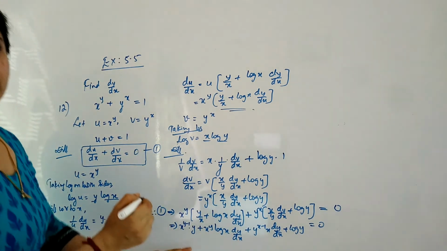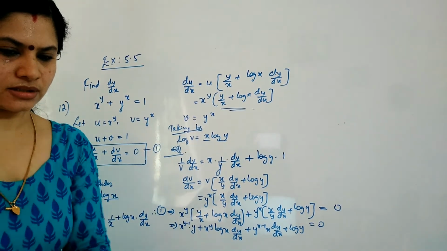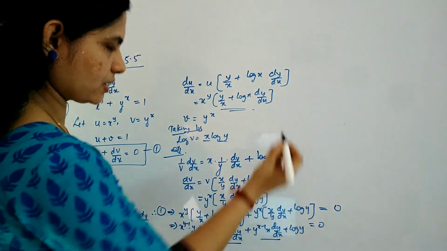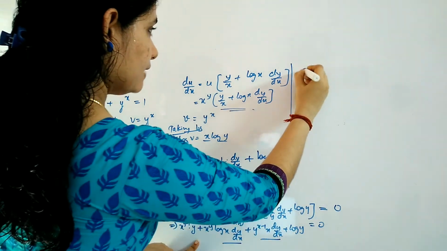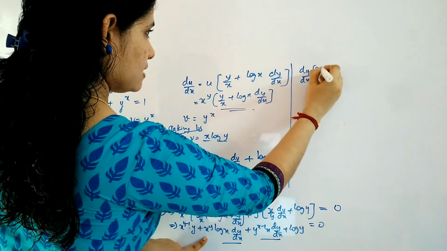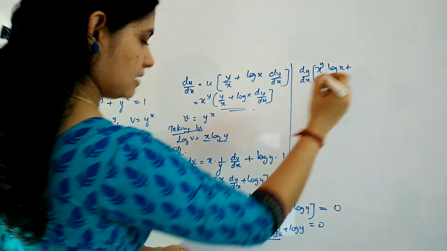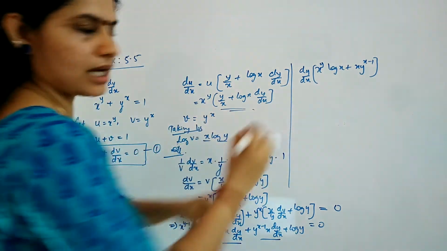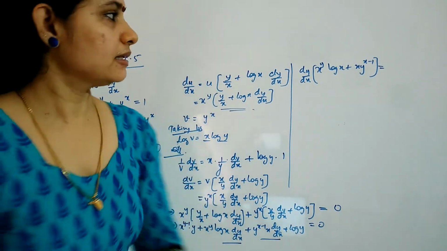Now you have to just replace the values. That is, you are just collecting dy by dx terms together. So what are the terms here? Dy by dx into, you will have x raised to y log x plus x into y raised to x minus 1, remaining taken to the other side is equal to, what you will get is equal to